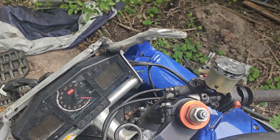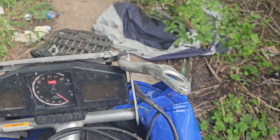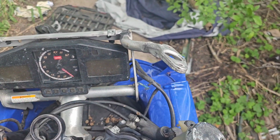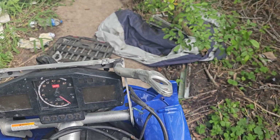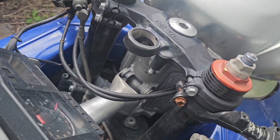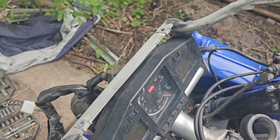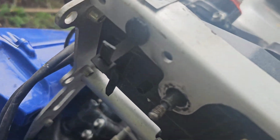cracked and busted, so I'm going to have to solder that back in shape and make sure that this arm is bent that way enough back into place to line up on the nose cone. And it's just loose fitted on there right now. I don't even have the bolts in yet. And same with that, I need to get new rubber grommets for it, for those little rings where the pegs